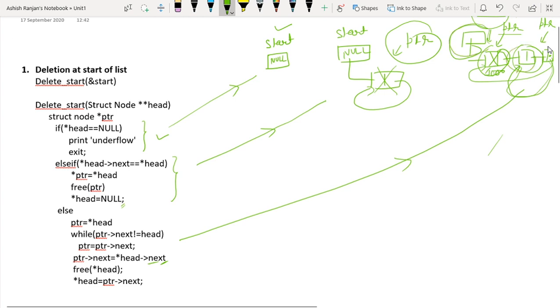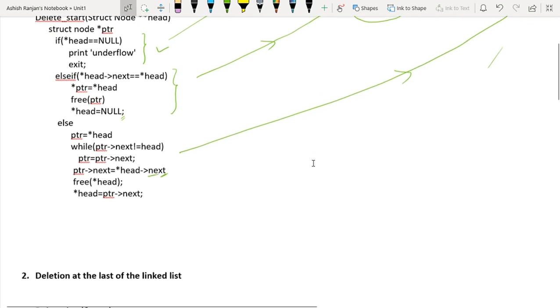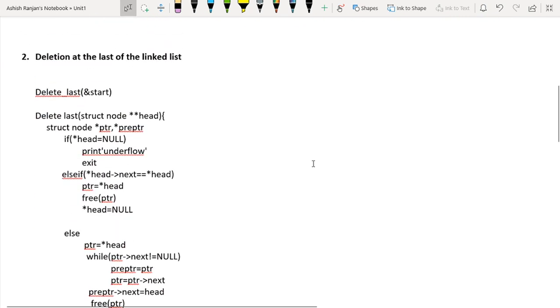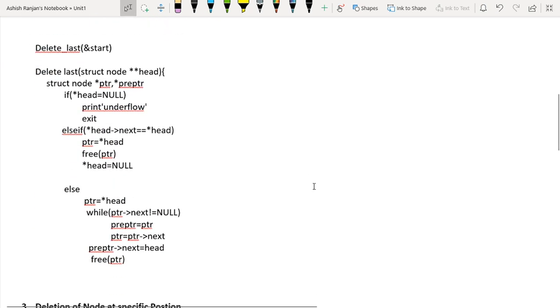Now what is PTR's next? PTR's next is pointing to the second node. So pointer of head means this portion will store the address of this. So this node will finally be the head. So this is how we will delete the node from the start in the circular linked list.